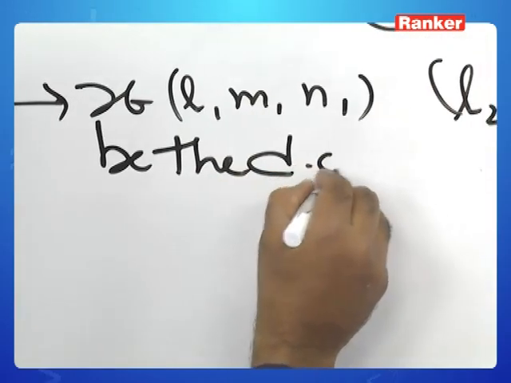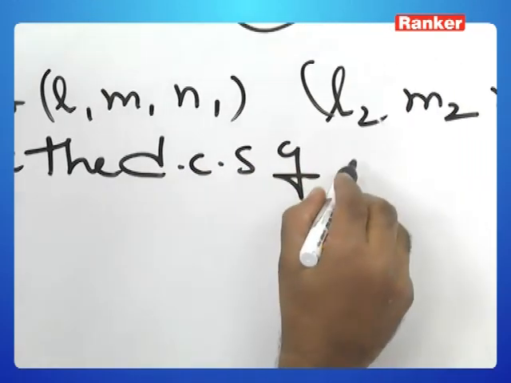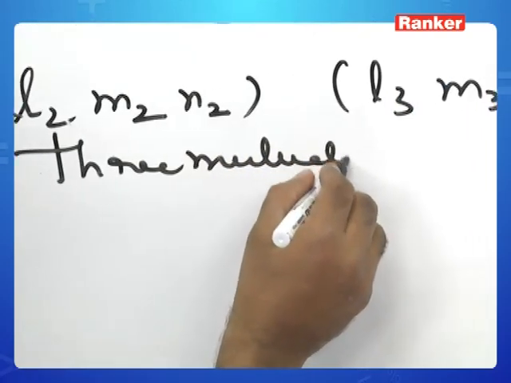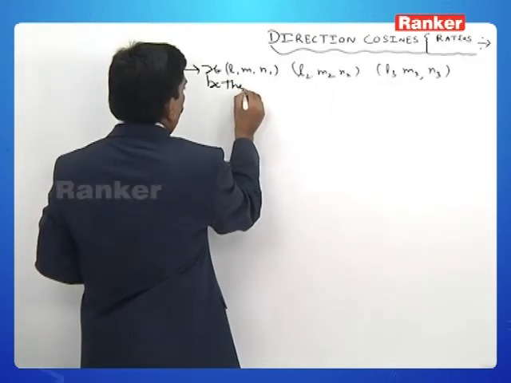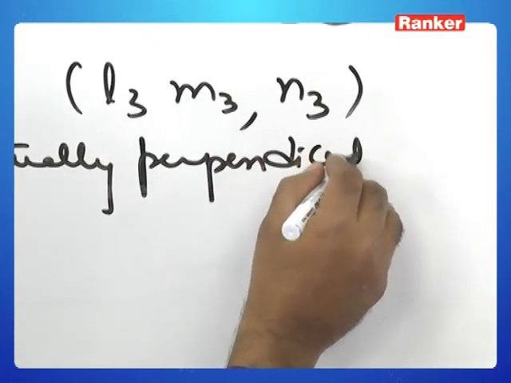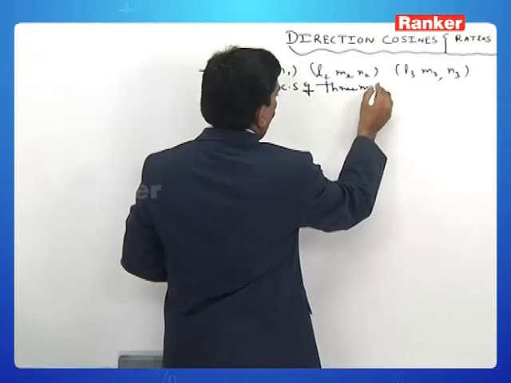If l1, m1, n1, l2, m2, n2, l3, m3, n3 be the DCs of three mutually perpendicular lines,